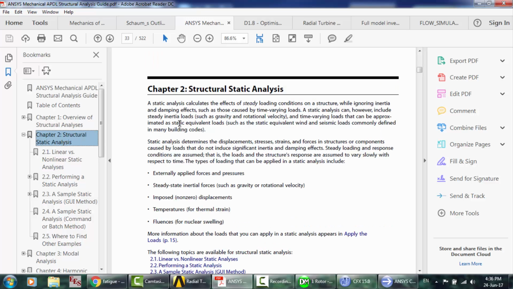Static analysis calculates the effect of steady loading conditions on a structure while ignoring inertia and damping effects. Steady loading means that the loads do not change with time, such as those caused by time varying loads. A static analysis can, however, include steady inertia loads such as gravity